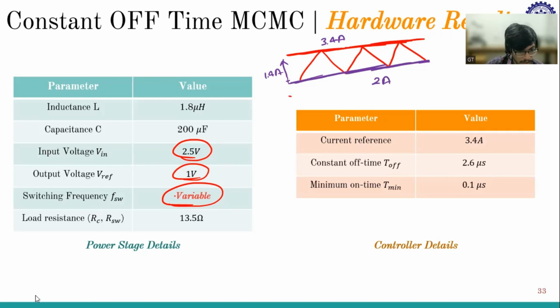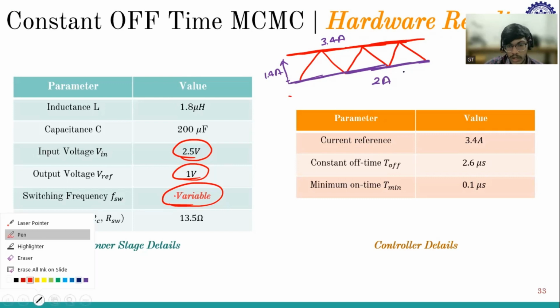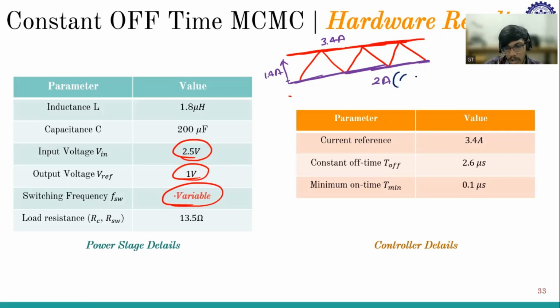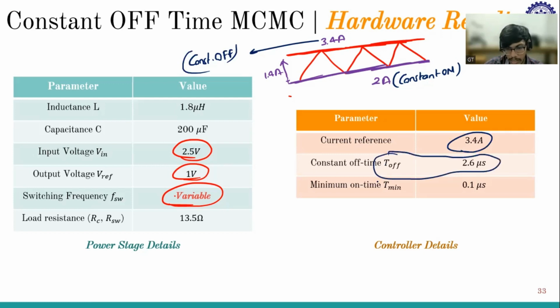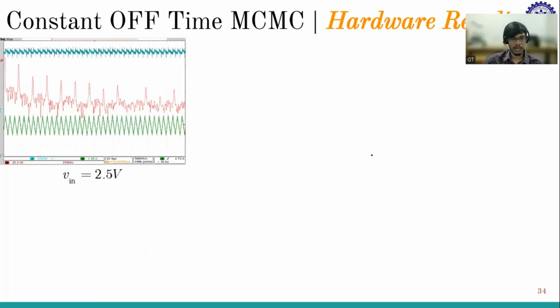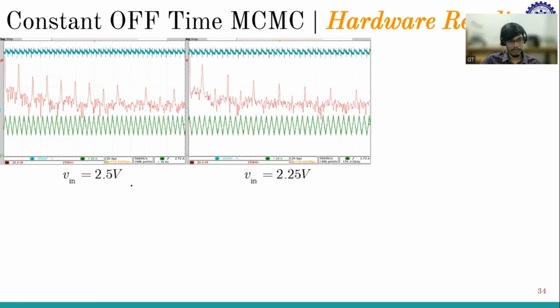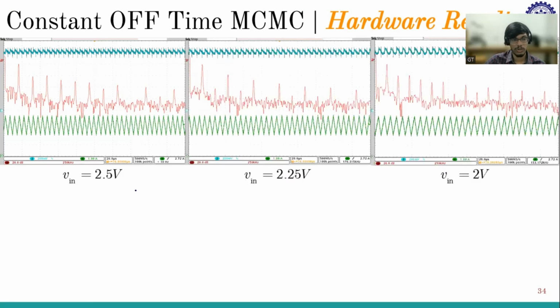So this reference value is for constant on time, and the peak is for constant off time. Okay, so the same has been considered, and the T off is 2.6, and T on minimum is considered 0.1. Using the same, the hardware results are considered, and if we consider the same scenario where Vin is reduced, so